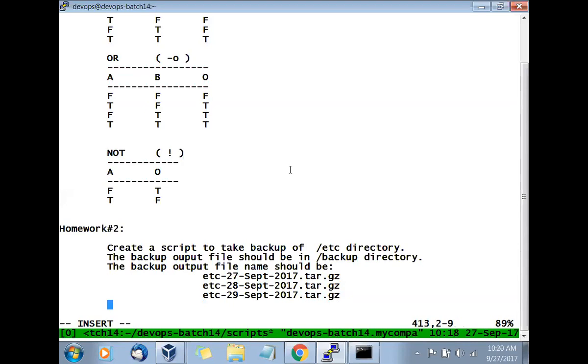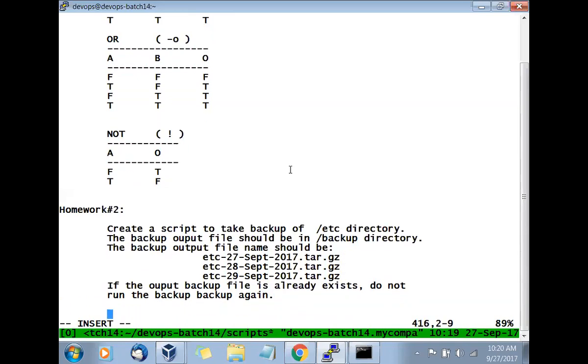And if the output backup file already exists, do not run the backup again. So this is very simple homework.